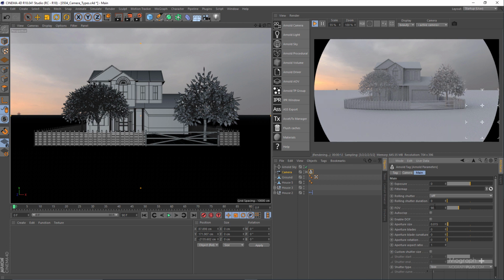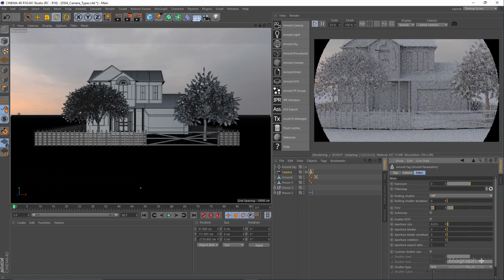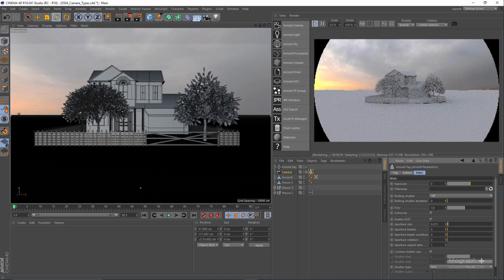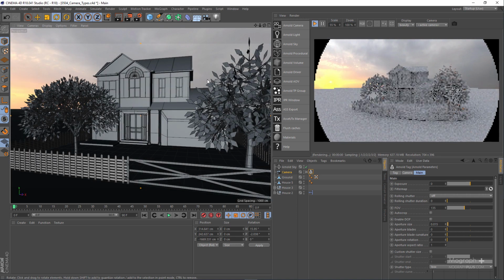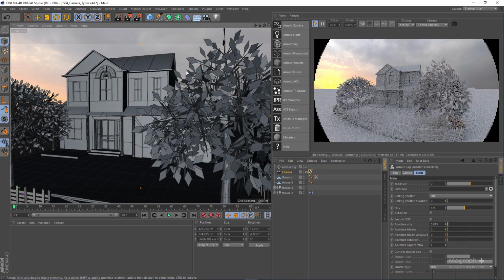In order to be able to control the camera's field of view, you can adjust this FOV or field of view value here. Maybe use something like 135 degrees. And let's just get a bit closer to this house here,